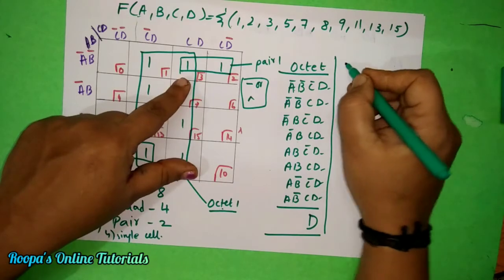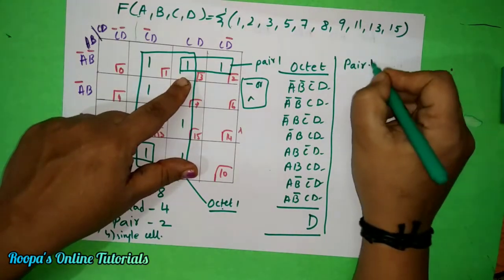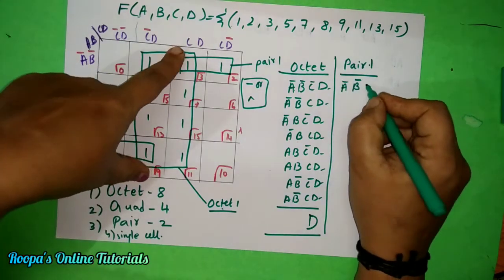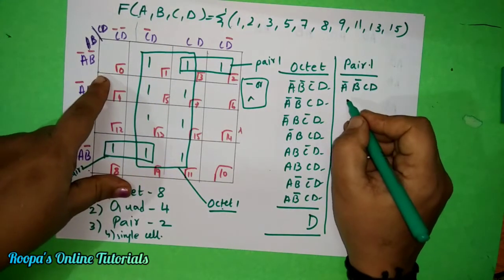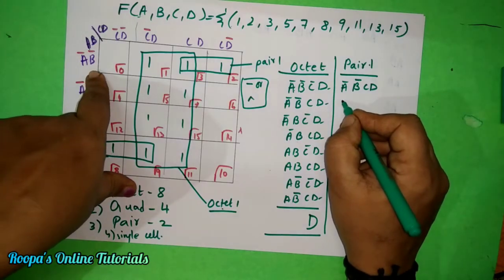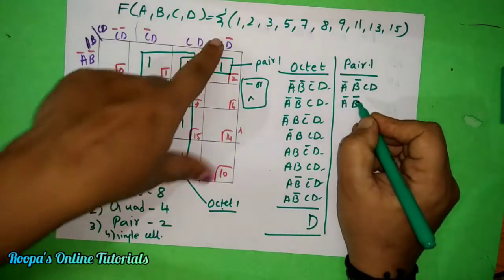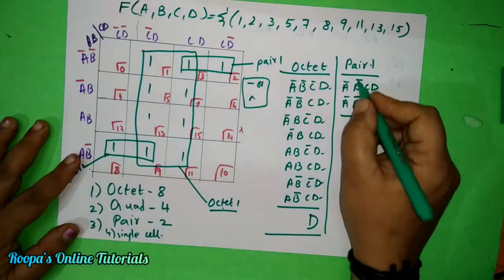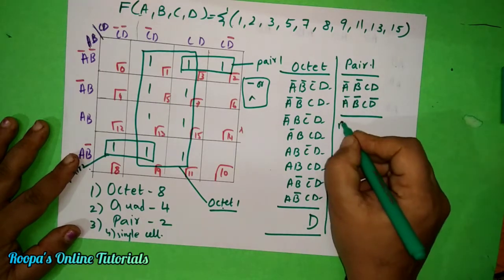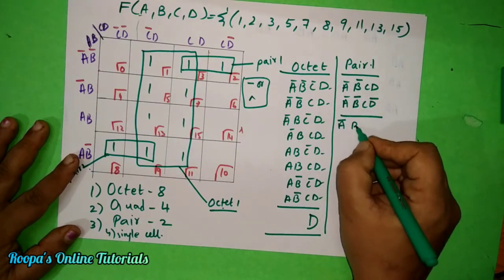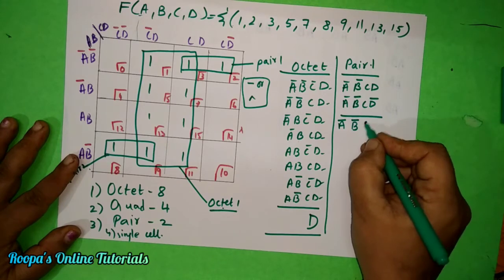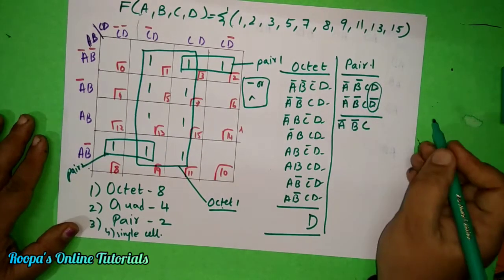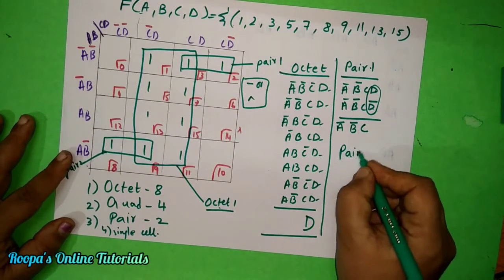Now we have to write the pair 1. What is pair 1 for me? Pair 1 will be A complement, B complement, and then I have CD, and then you have A complement, B complement, same thing, and then what you will have right here? CD complement. Now what has happened here? This 2 is same. Here also A complement, here also A complement, not changed to A. Here also it is B complement, the same. C is also same, but D has become D complement. So we should not write this. Is it clear?